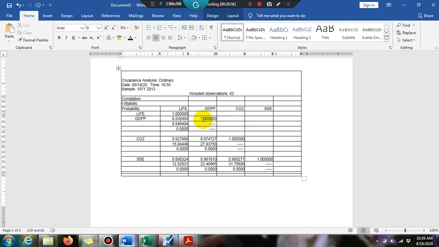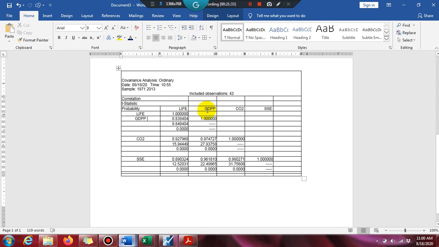The standard rule is that the value of the correlation lies between 0 and 1. This shows a strong correlation between GDP and life expectancy, a very high correlation between environmental degradation and life expectancy, and also between secondary school enrollment and life expectancy. So these three variables have very strong or high correlation with life expectancy.